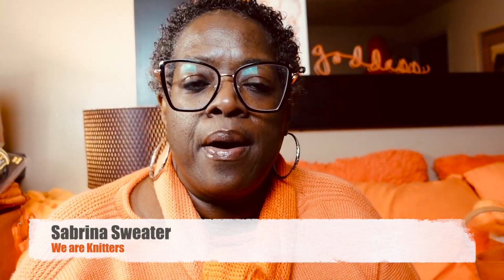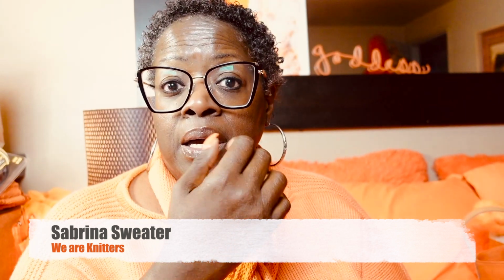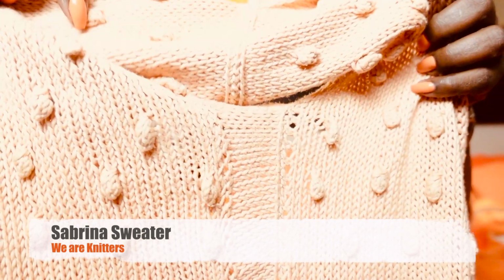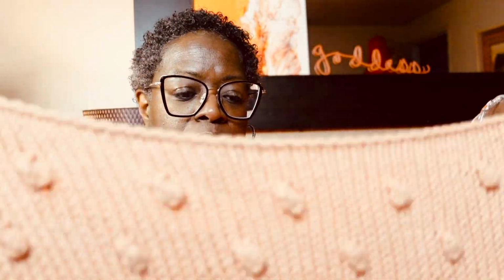Most We Are Knitters sweaters are knit in pieces, and you're doing some sort of seaming. So what I did was I did the two pieces, but I put a panel on the side to accommodate the girls. I forget what size it went up to, but